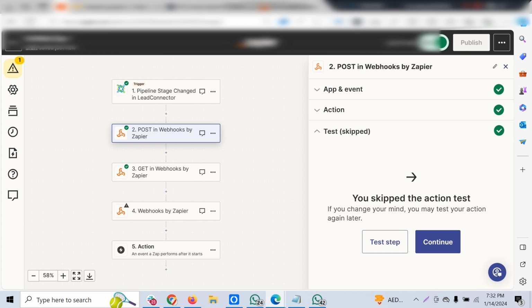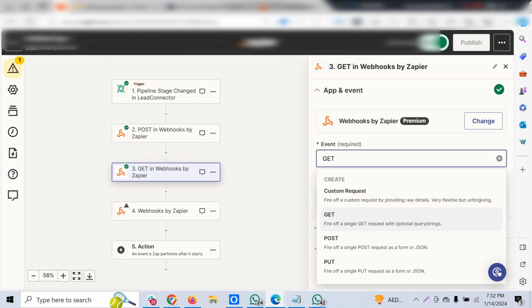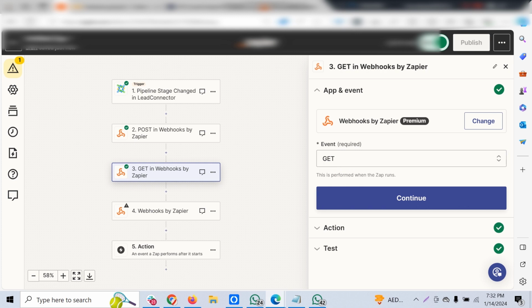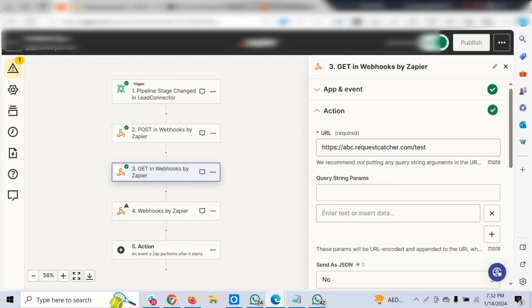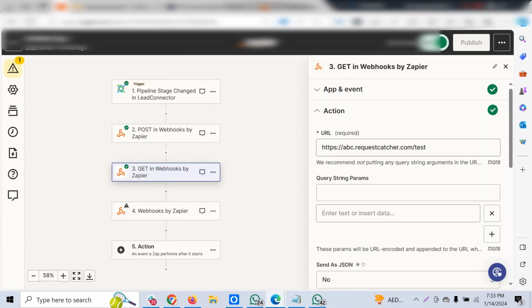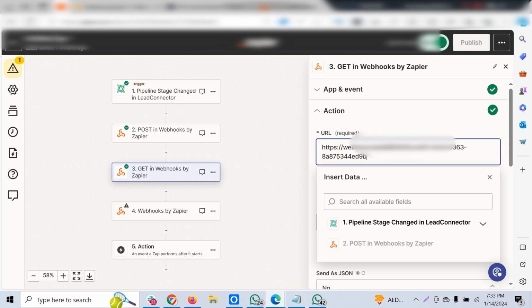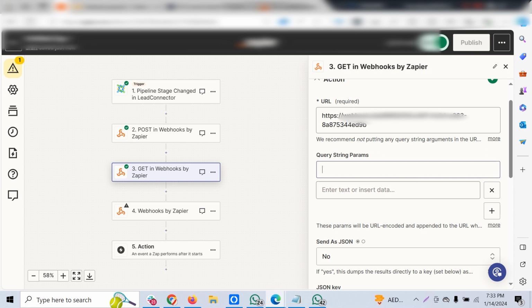The API doesn't have to be a POST request. It can be a GET request also. If at all you want to have a GET request for a platform, you can just select the event as GET, and then you can just click continue. And say I'm using a test platform for the GET request. You can just copy this URL and use this URL here. And if at all you want a query string, that also you can add